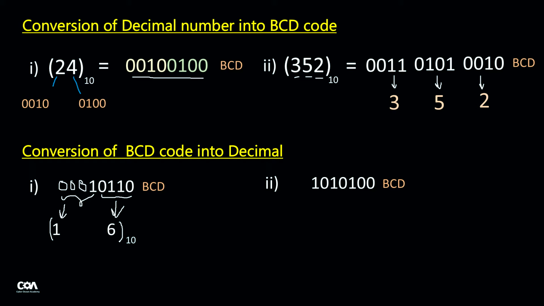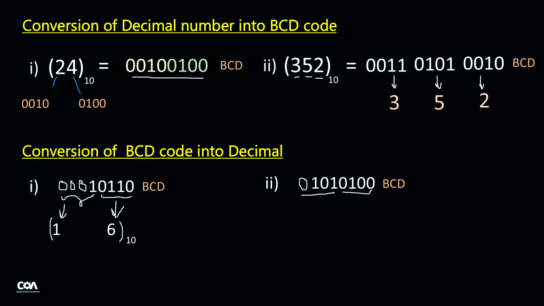Now following our first example, we can see our second example. Here this is our second example, and we will use the same process. We will start from the right and make groups of 4 bits. Here this is our first group, and in our second group there are only 3 digits. So what will we do? We will write 0 for the remaining bits, and this is our second group.